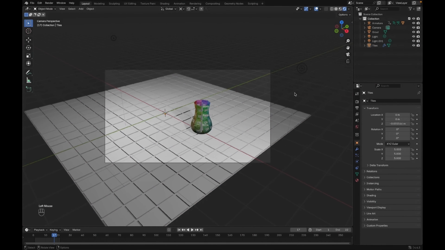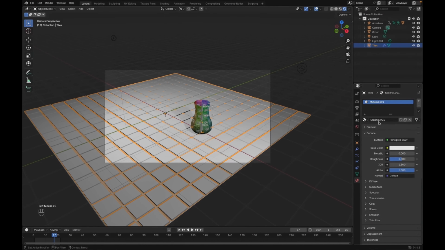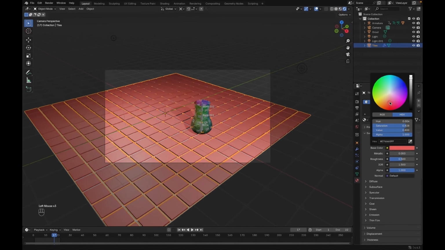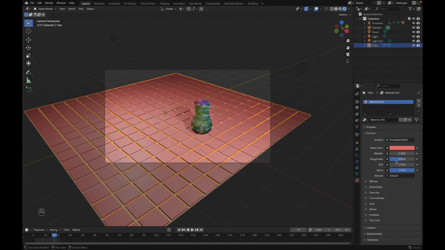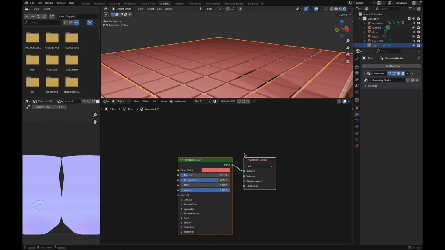Let's give some color and some texture. So I'm going to select the tiles. Go to my materials. Make a new material. Let's change the color. Give me a nice terracotta color. Make them a lot more rough. Maybe just a tiny bit of metallic. Why don't we do something interesting in our shading, like